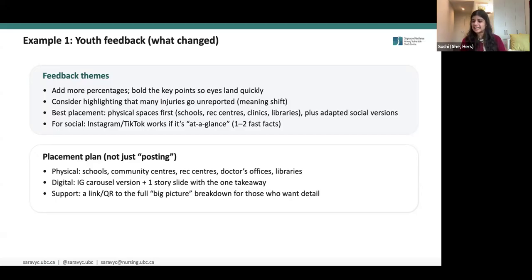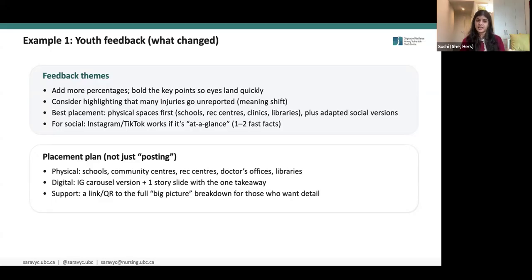And surprisingly, they said physical spaces before they said digital spaces. So they said schools, rec centers, clinics, and libraries. And it makes sense because when you're consuming content on a digital screen, you're very likely to scroll past it very quickly. But when you see it in a physical space and you see something stand out, you might give it more time than you would on a digital platform.